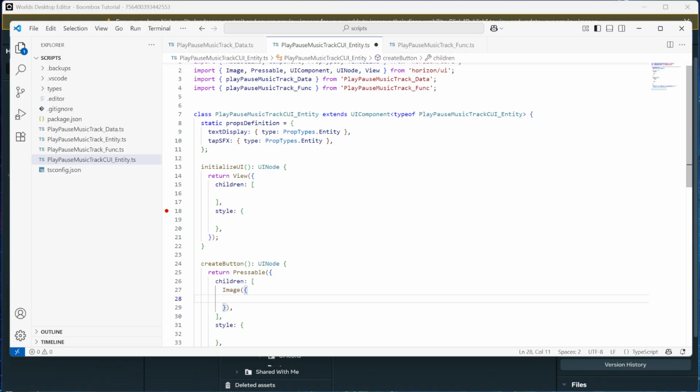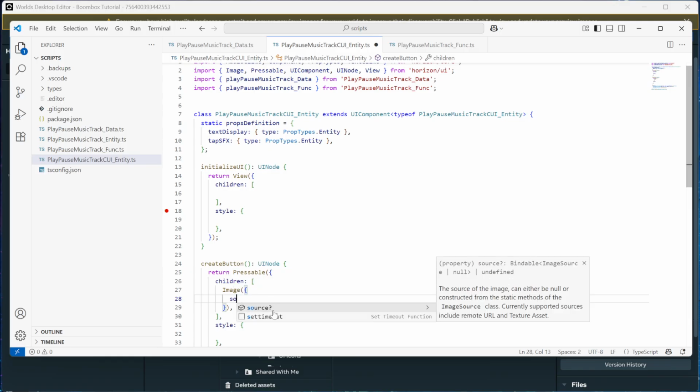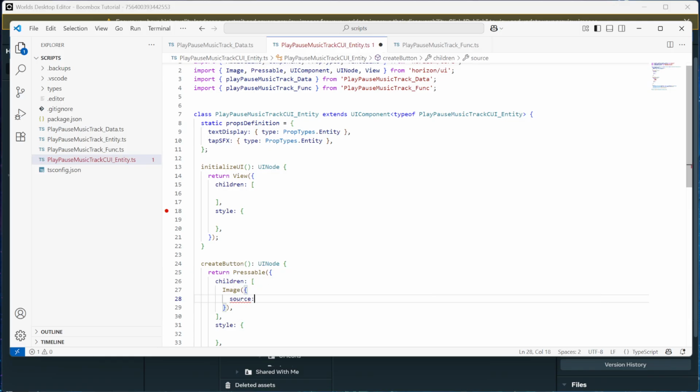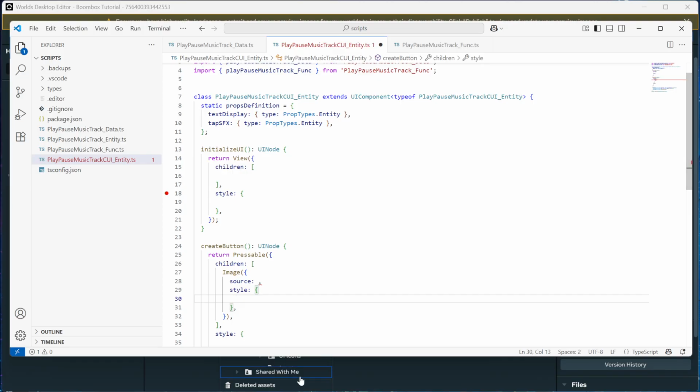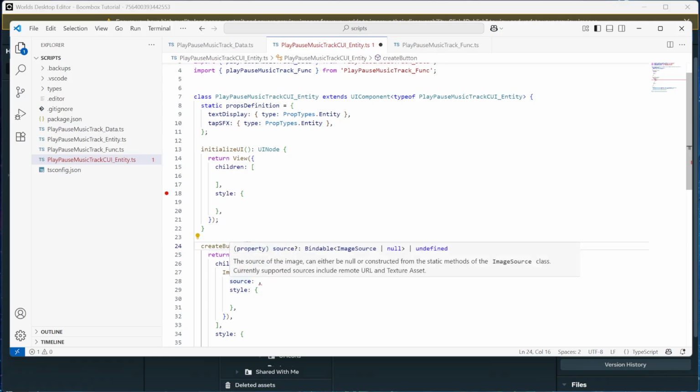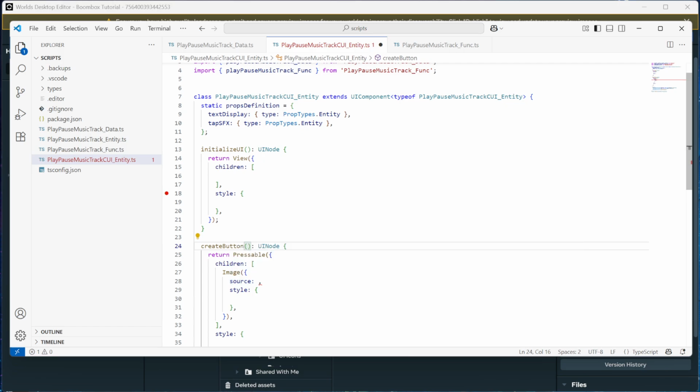And so then inside of image, we're going to need the source for that image. And we'll come back to that in a second, so I'll just put a comma. We'll also need the style. So colon, curly braces, comma, enter, just as before. And this is the first place where I think we need to actually receive the image source. So you can see that a source is either an image or a bindable image. I think what we should do is make it, I think the thing that we need,